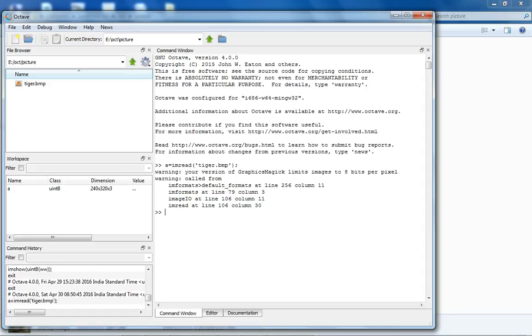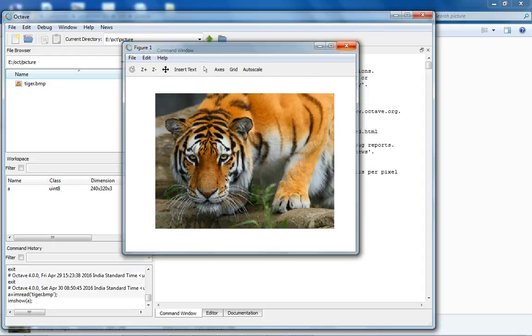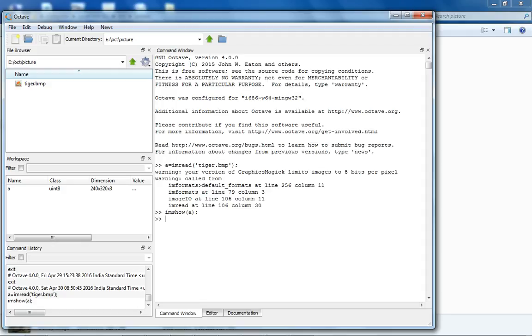Now to see the image you have to type the command imshow(A). The image is being popped out. You can close this. So now we have read the image and shown the image.